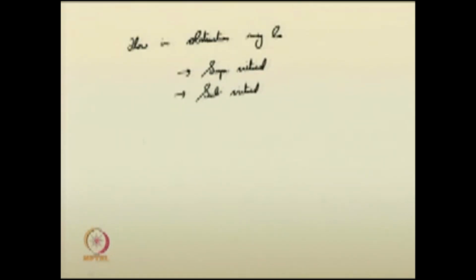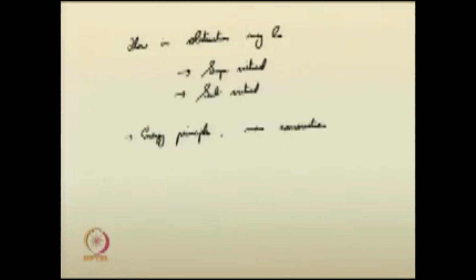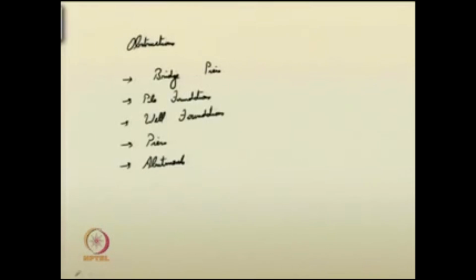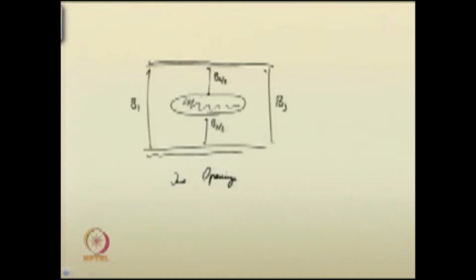So you can use the energy principles as well as mass conservation, or the continuity equation, and they can be incorporated to analyze the flow in such obstructions. We can quickly suggest the energy equation, say between two sections. In the previous slide, if I go there, here if I just draw two sections, say this is section